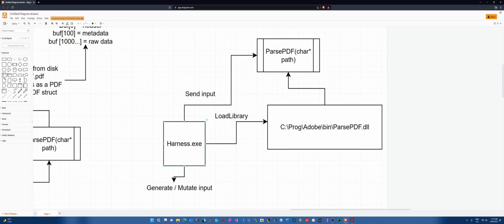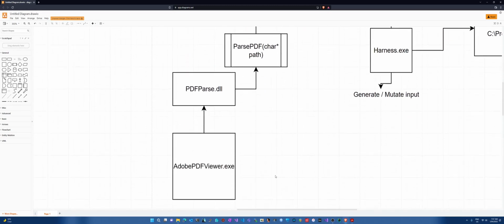Once that's loaded into our process space, we can find where the parse PDF function lives in that target and call it directly, sending it the input. And this is how we would fuzz parse PDF. Because if we find a bug here, well, we should be able to hit that bug in the actual Adobe